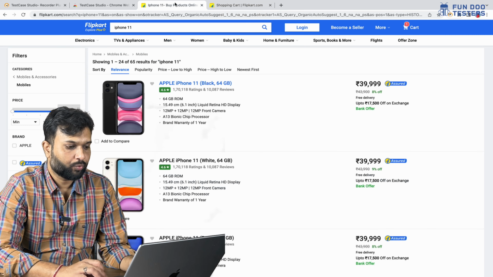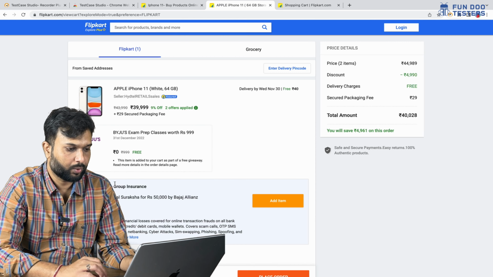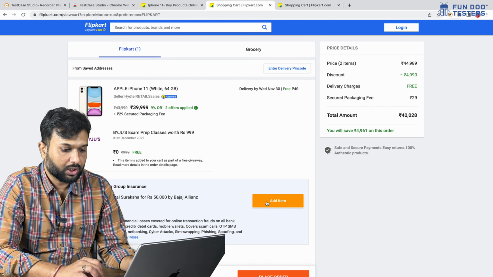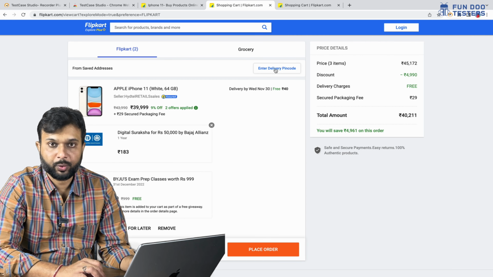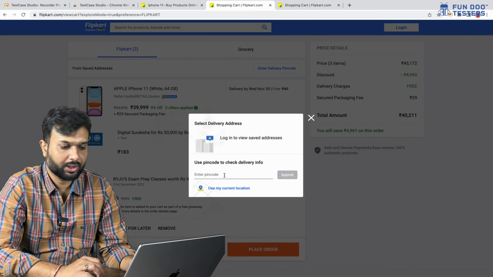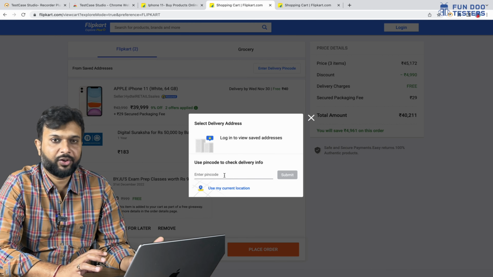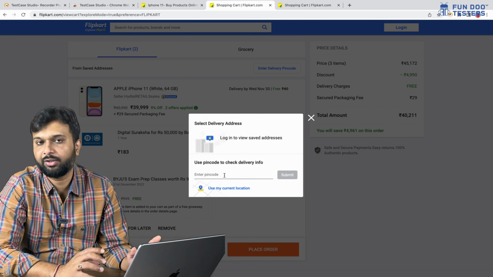Now we are going to add a second phone. We again add the second phone to the cart and navigate to the cart. This insurance I am looking for, so I am going to click on add item. Now we are going to set a delivery address. I am going to click on delivery and enter the delivery pin code, just to check if it is available or not. So these are the steps we have performed. If it is an end-to-end scenario, then we have to enter the payment option, address, and all these things, and place an order.